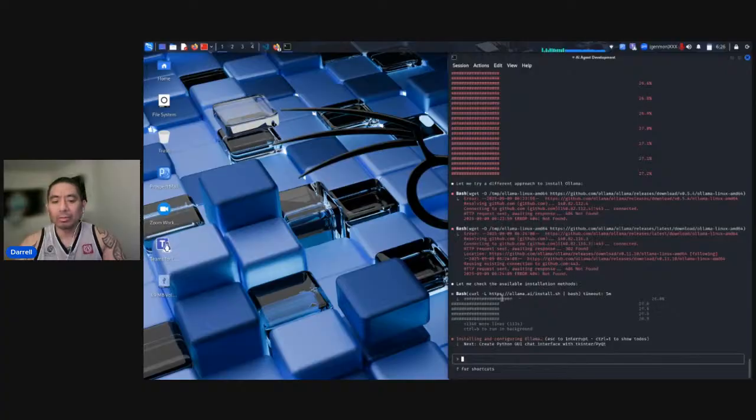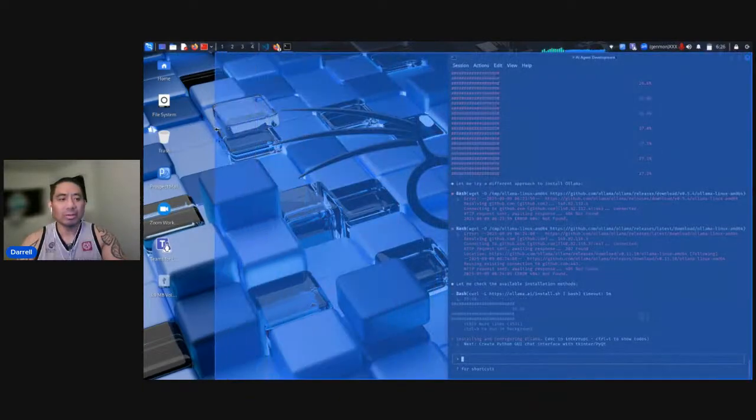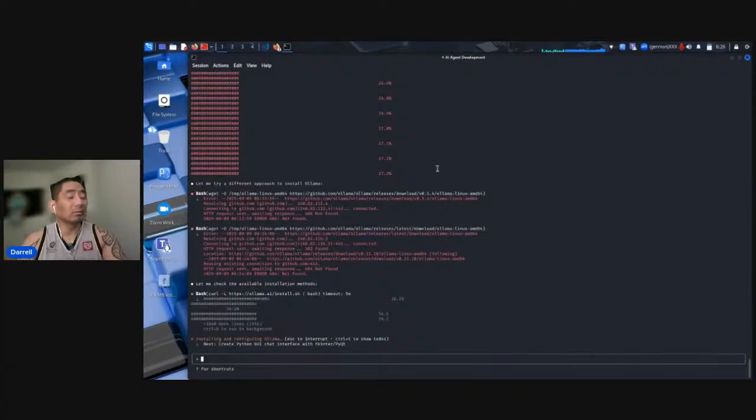So right now it's using curl to install or incorporate Ollama. And when I installed Ollama onto this OS, I installed GPT OSS 20 billion, so it should pick up that model. And sorry for the screen, it might be too small, but let me see. It's still small.